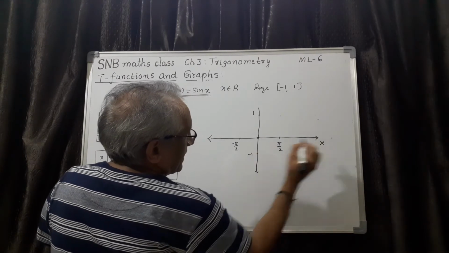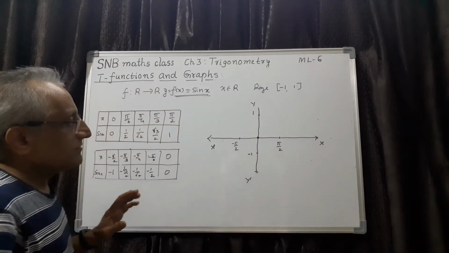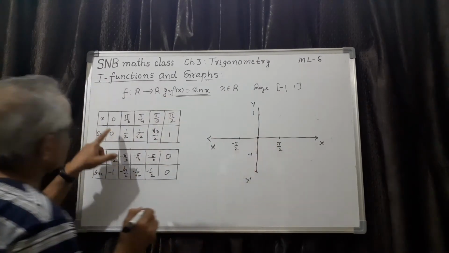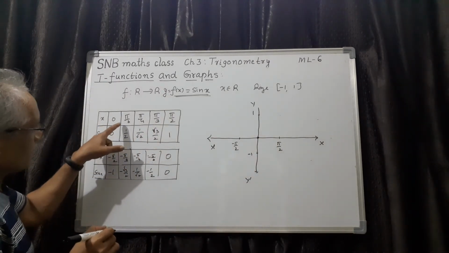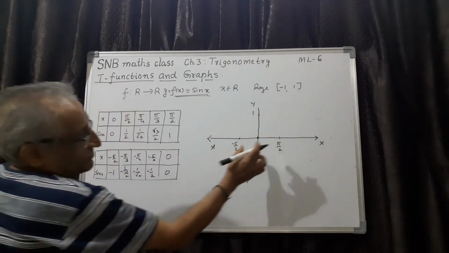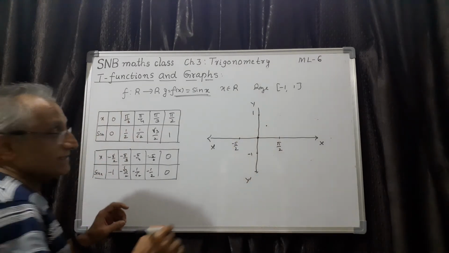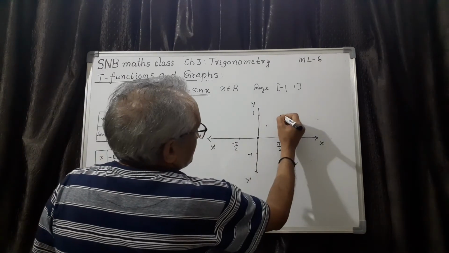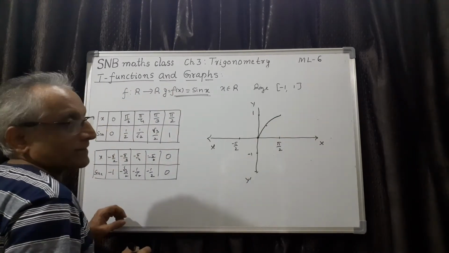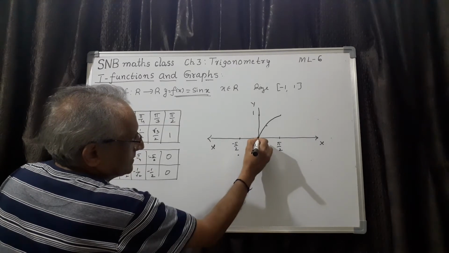Therefore mark a point here 1, mark a point here minus 1. Of course you have to name the axes, x dash, y dash, etc. Now you have to plot the points. So half here, when it is 0, sine 0 is 0. This is pi by 2, 90. Pi by 6 means one third of this, so it is here, and it is not a straight line, remember. At pi by 2 it is 1, so the curve is going like this. Then at minus pi by 2 it is minus 1, the curve is coming like this.